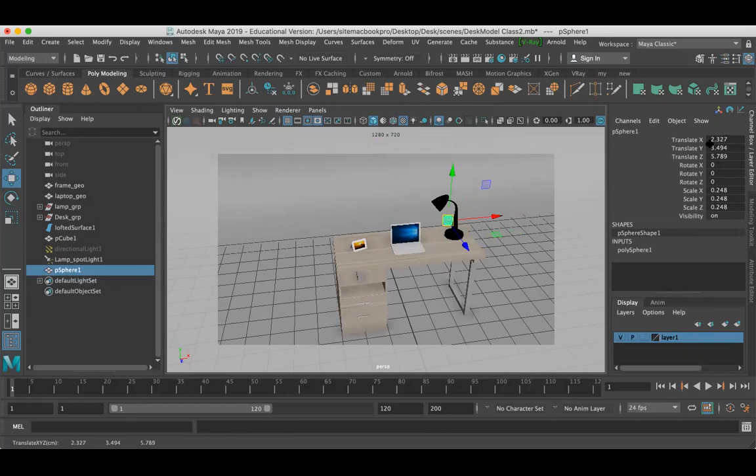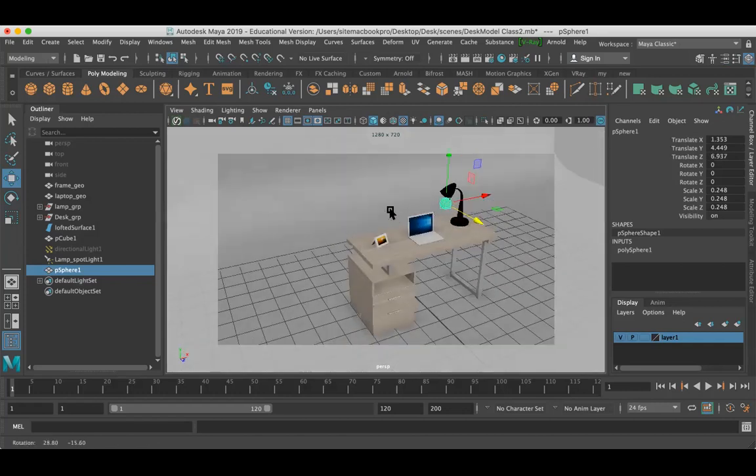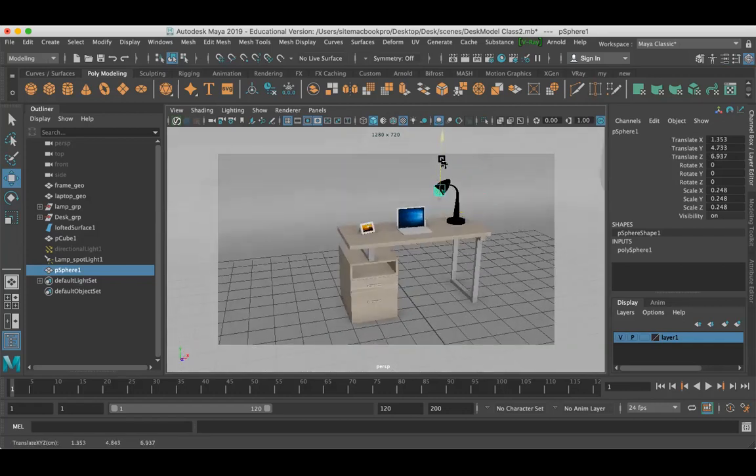Look here, this is X, Y, Z. If you select the center and move, all three axes move. Don't do that. Always work with the selected axis. Select the axis and work. Now I have selected the Z axis, and only the Z value is getting changed. So just work with the proper method.